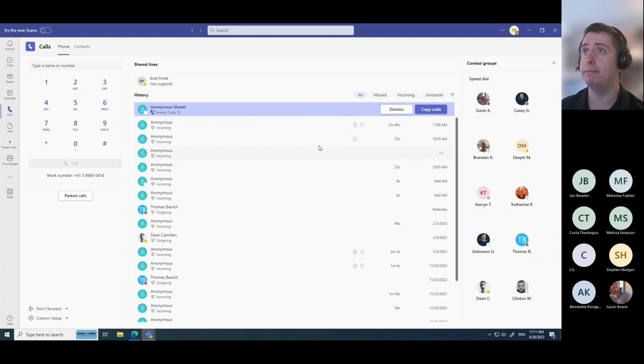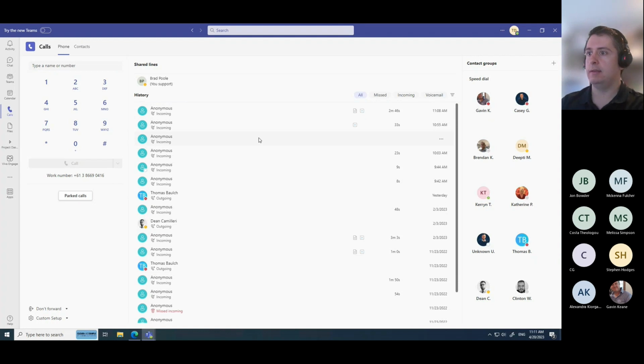You can then say, Gavin, I've got a call parked on code 10. He can then go pick it up from his. Pretty straightforward. By default, they'll sit there. I think about 300 seconds is the default maximum that they'll wait, but we can adjust all of those things. I'll just bring that call back